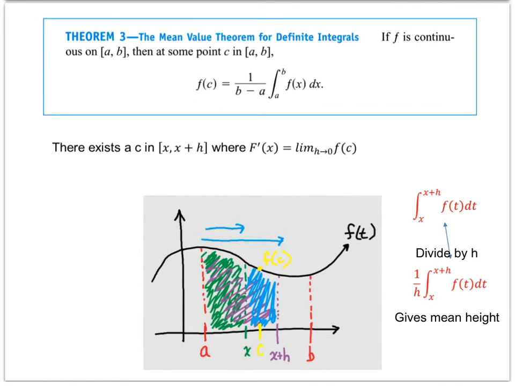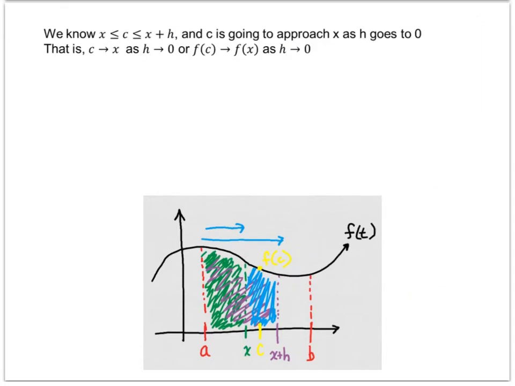So if I say that there is some c that exists in this interval, then, as I just mentioned, this is finding the derivative by taking the limit of this f of c by letting this width get smaller and smaller and smaller. Basically, I'm letting this go to x. Okay, so that's what it is if I let my c go to x, because I want this width right here to basically be 0. So if I let that go to x, then that says my width is going to 0. Or that's the same thing as saying my f of c is going to go to my f of x